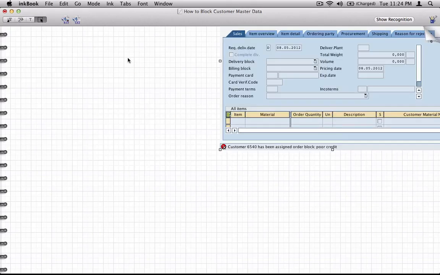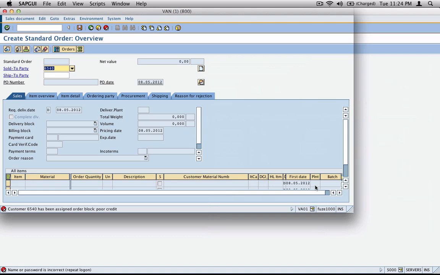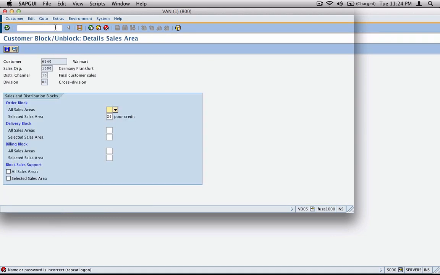So that's how you test it. The first thing that you had to do was go to VD05 and set the credit delivery block for this customer 6540 to Z6. Once that was done,